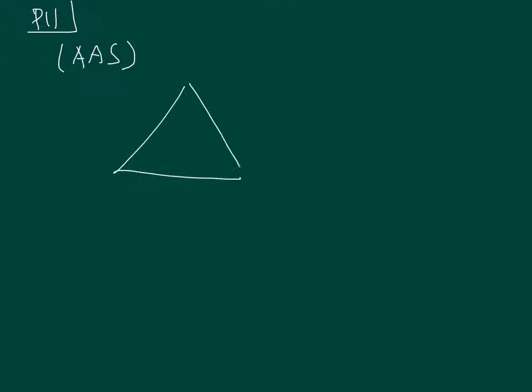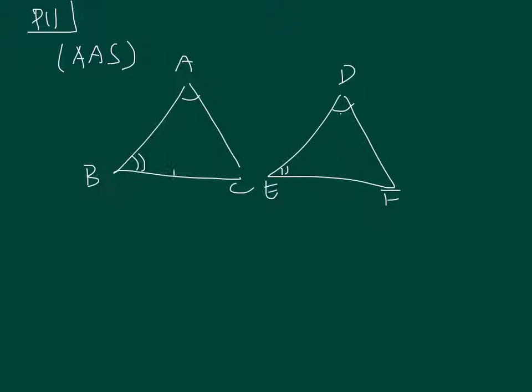So let's say we have two triangles like this, ABC and DEF. Let's say angle A is congruent to angle D, and angle B is congruent to angle E, and then segment BC is congruent to segment EF, then these two are actually guaranteed to be